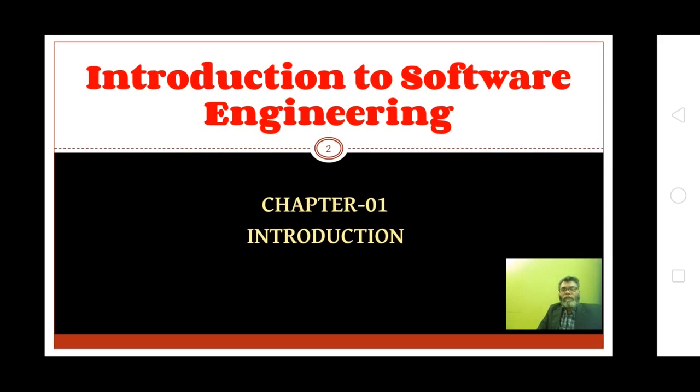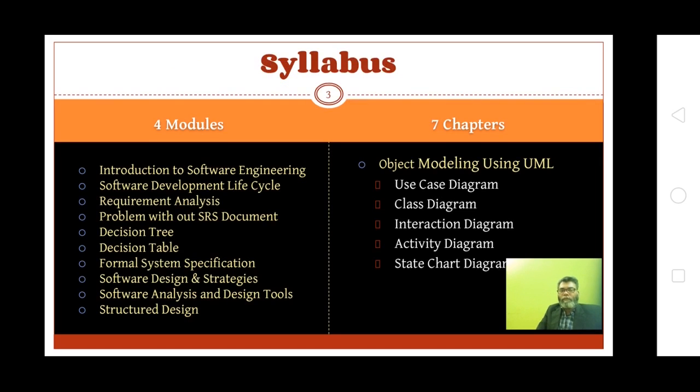Let us start with introduction. This course contains 4 modules and 7 chapters. The contents are Introduction to Software Engineering, Software Development Lifecycle, Requirement Analysis, Problem Without SRS Document, Decision Tree, Decision Table, Formal System Specification, Software Design and Design Strategies, Software Analysis and Design Tools, Structured Design, Object Modeling using UML, use